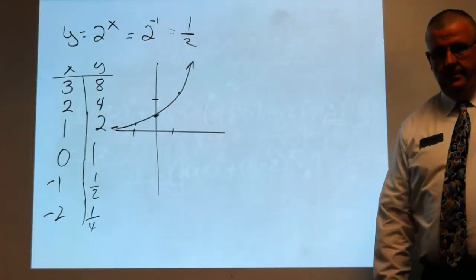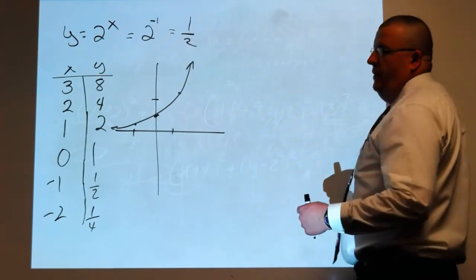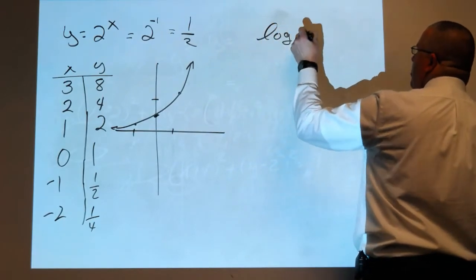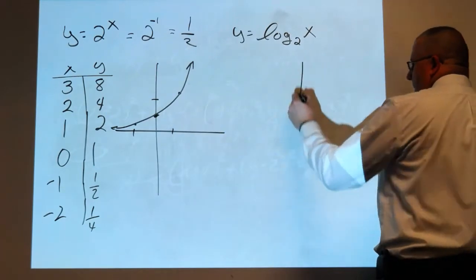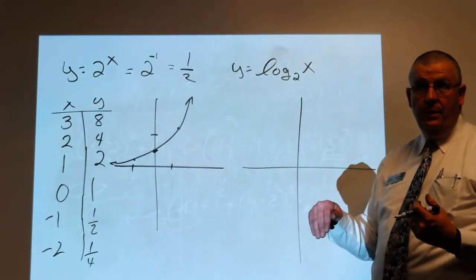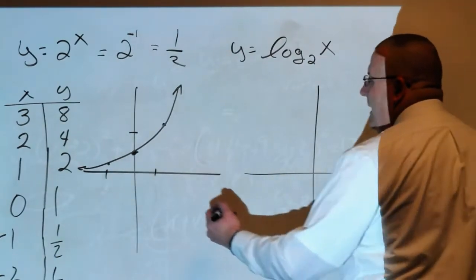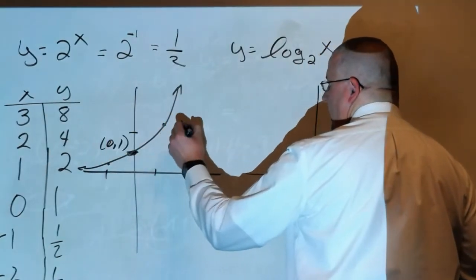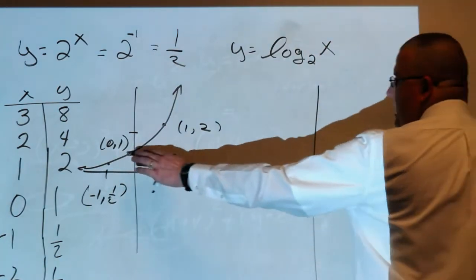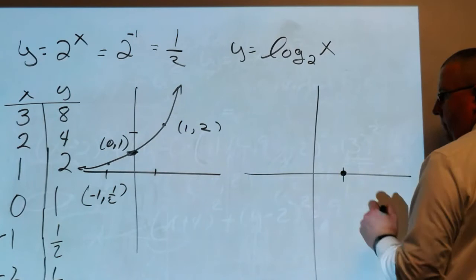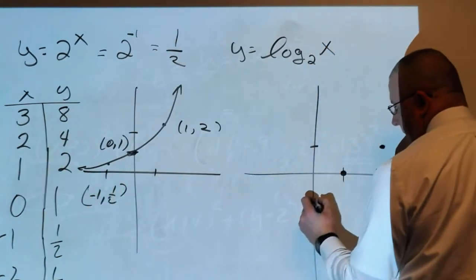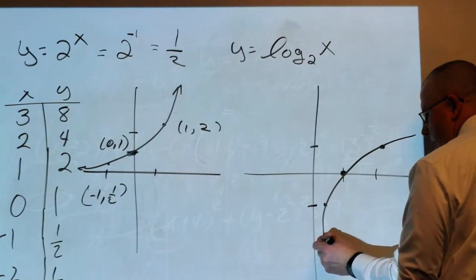Now I want to look at logarithms. Logarithms are the inverses of exponential functions. Let's do log base 2 of x. Now, I've already told you they're inverses, so we can switch the x's and the y's, because it changes our inputs to our outputs and our outputs to our inputs, right? So if this point right here is 0, 1, and this point is 1, 2, and over here we have -1, 1/2, then if I switch the inputs I get 1, 0, right here. Then I have 2, 1, which would be right about here. If I have a half, -1, that would be right here. This is the logarithm